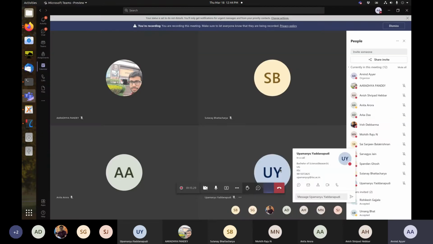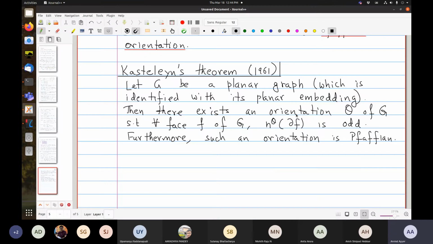Since you anticipated something I was going to say later, things will simplify if we focus on planar bipartite graphs, which is the other reason I defined bipartite graph. If a graph is both planar and bipartite, every face has an even number of vertices and edges, and so that hitch does not arise. Things get slightly complicated if you have non-bipartite planar graphs, but not very much. I'm going to come to that. So we will prove this in steps.